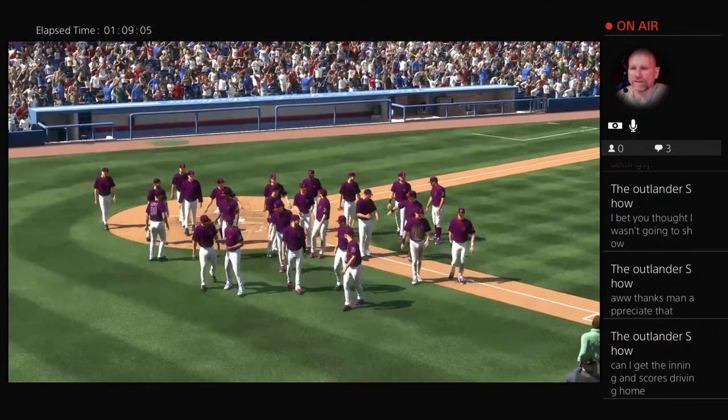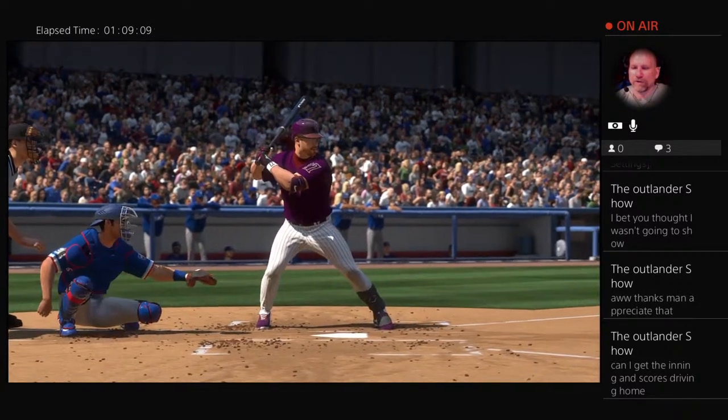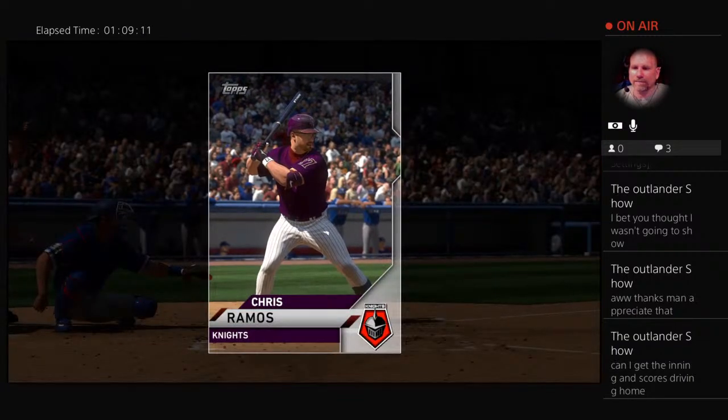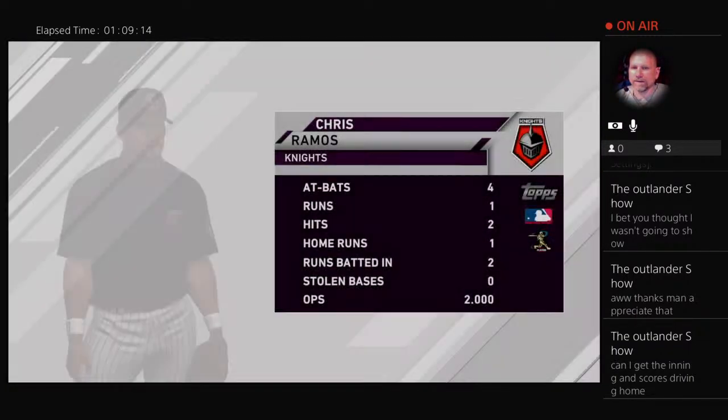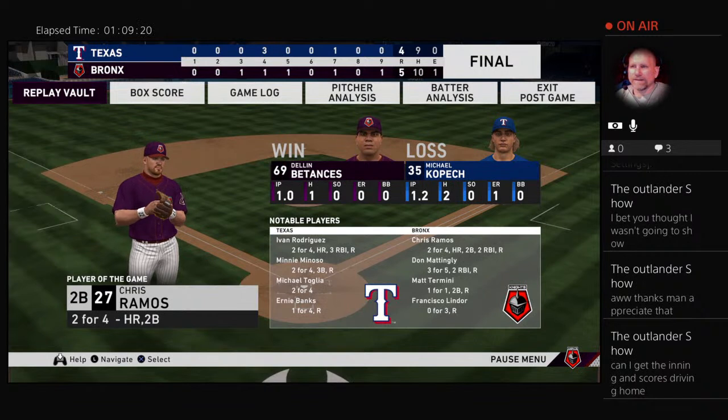So, the final. Player of the game is Chris Ramos. I don't know how, but I guess he's the player of the game. I guess because he had a, I don't know, home run. Well, in any event. So the Bronx Knights, 5 runs, 10 hits, 1 error. Texas Rangers, 4 runs, 9 hits, no errors. Dellin Betances gets the win. Michael Kopech gets the loss. And like you saw before, Chris Ramos got the player of the game honors. However,